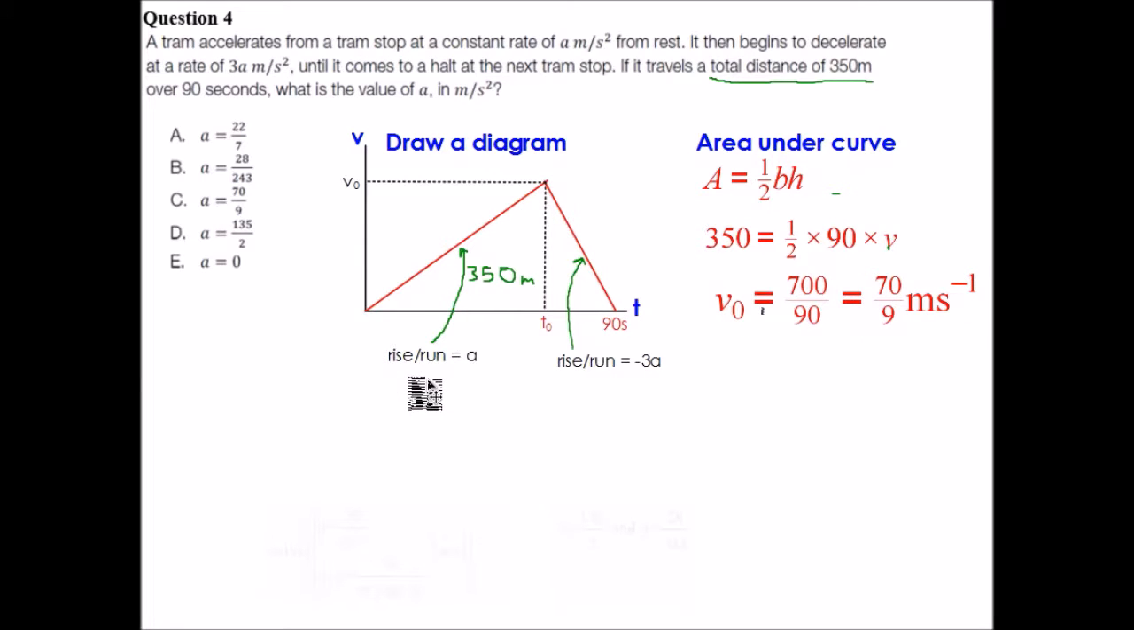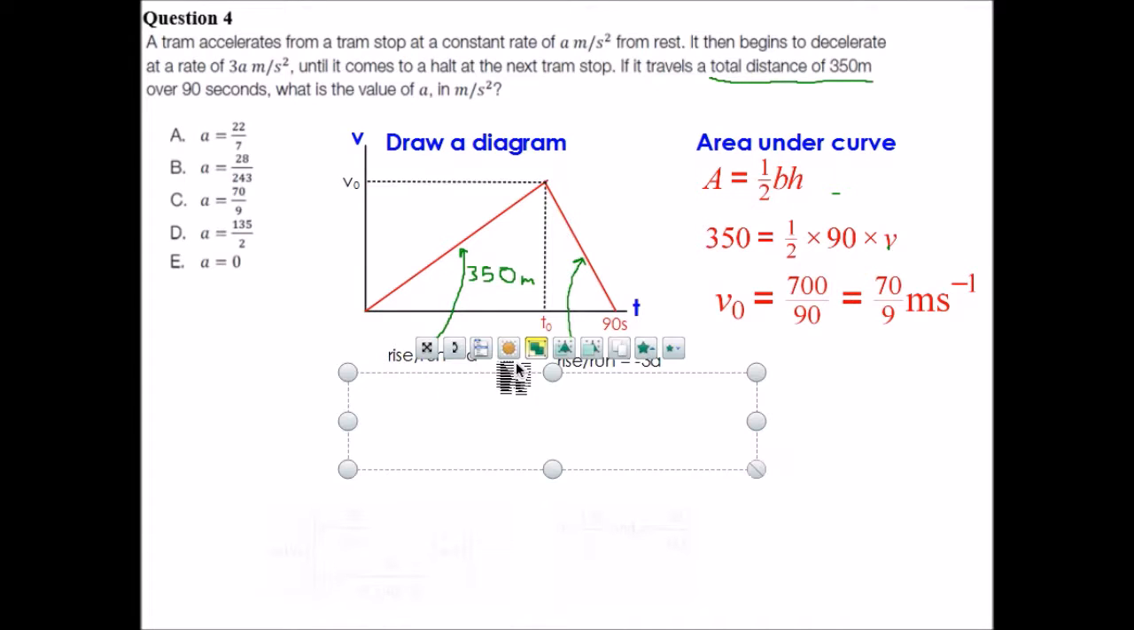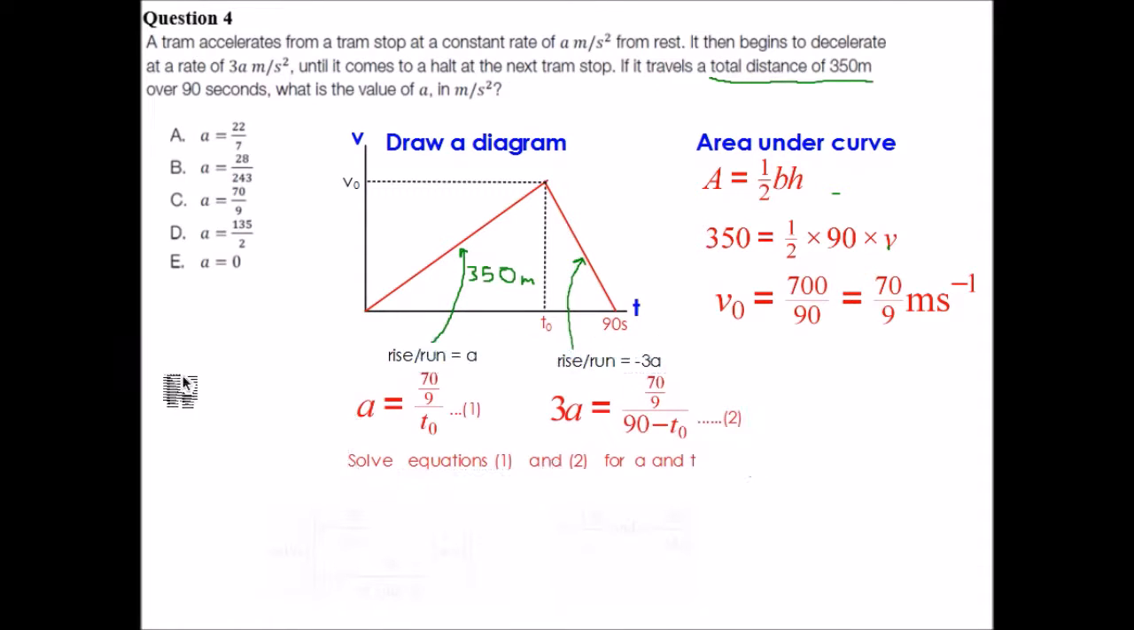So we're going to use that and include it into a rise over run. For the first gradient here, a is a rise of 70/9 going up divided by the run. So the run is this time of t0 seconds, rise over run here for the first acceleration. And the second one, rise over run, gives you, we've achieved 70/9 over this amount of distance here, 90 minus t. And that gives you, in magnitude only, a gradient of 3a, and you'll see why in a second,